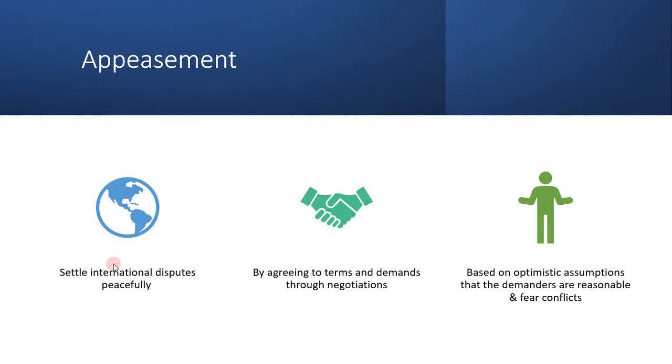So appeasement was a policy used mainly by Britain and France, the Allied countries. They tried to settle international disputes peacefully by agreeing to terms and demands through negotiations. It was based on optimistic assumptions that the demanders are reasonable and fear conflict. So basically, they believed that the demander, in this case Hitler, would be reasonable. He wouldn't